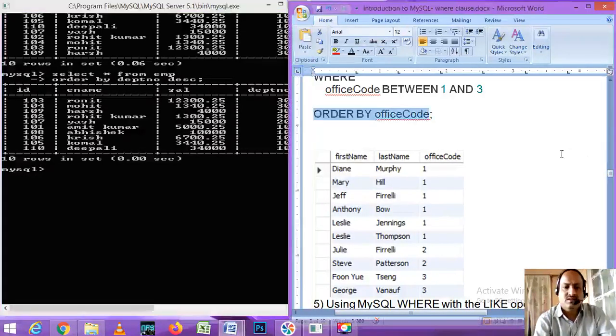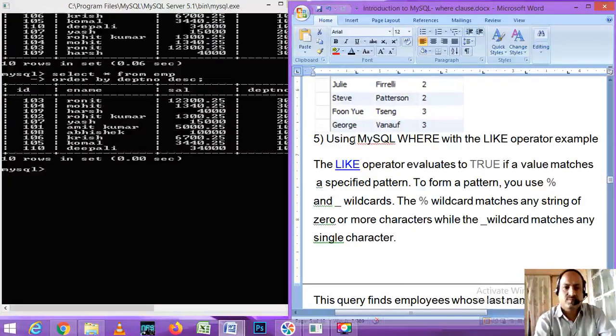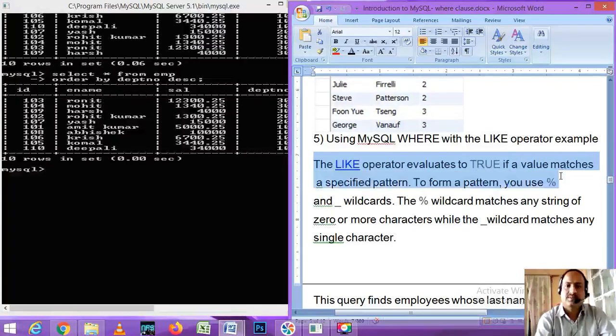The next clause is the LIKE operator. In MySQL with the WHERE clause you can write the LIKE operator. The LIKE operator evaluates to true if the value matches the specific pattern.